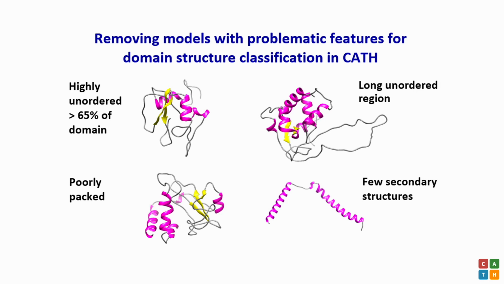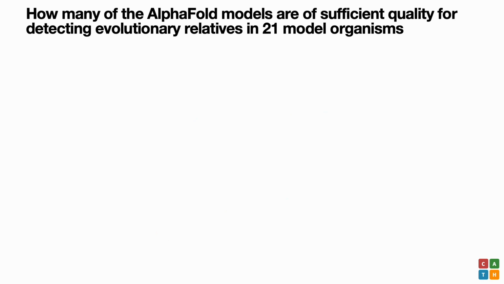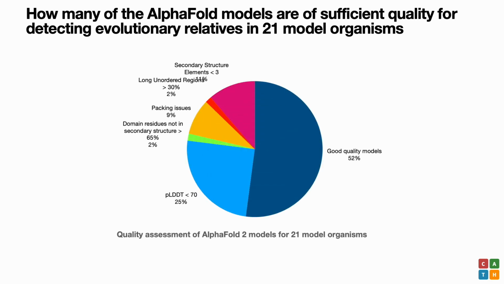And then some other domains only have a few secondary structures, so they're not really a domain in itself. And some others are poorly packed, so the core of this globular domain is not globular anymore and wouldn't really pack very well. So once we started quantifying this for the whole first version of AlphaFlow, we noticed that